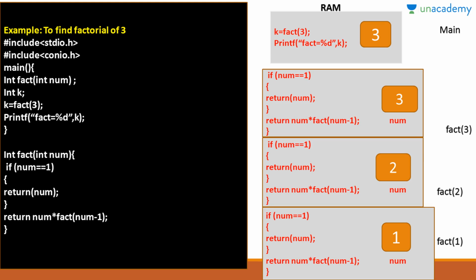And I want to discuss one more thing: this num is equal to 1 is the exit condition. The factorial method calls itself and continues to do so until the argument equals 1, and this exit condition prevents the method from calling itself indefinitely. So it will help us prevent the infinite loop.